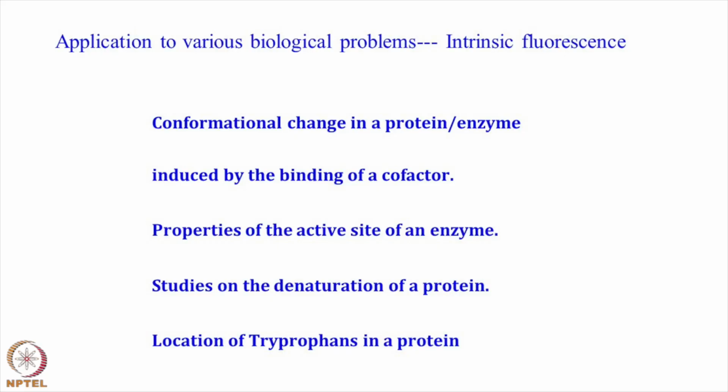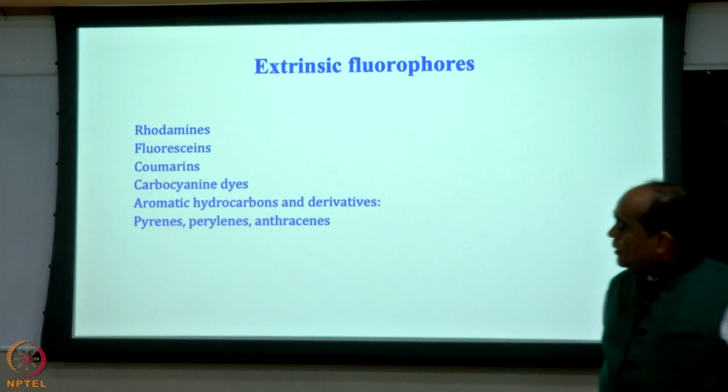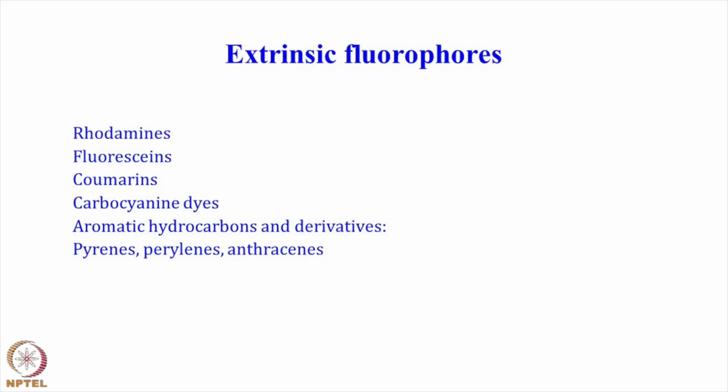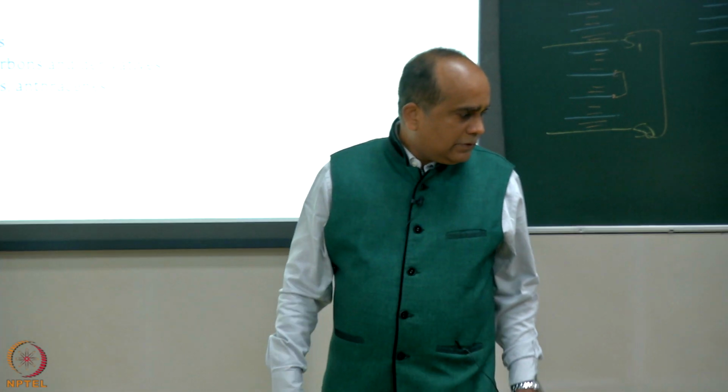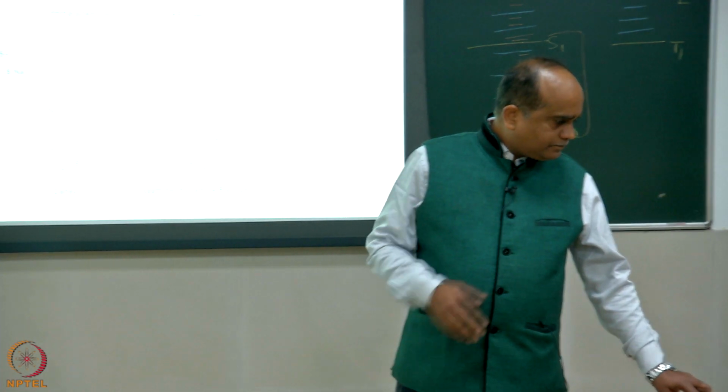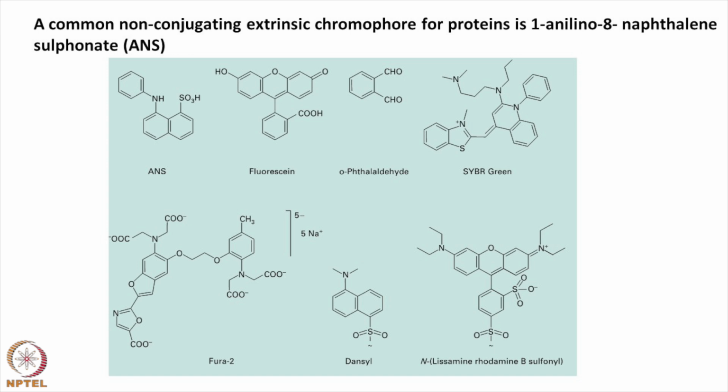So, how enzyme, because HIV protease is an enzyme, study and denaturation of protein molecule, location of a tryptophan that you can study using this. Now, extrinsic fluorophores, like many of the dyes: rhodamine, fluorescein, coumarin, carboxycyanine, and aromatic hydrocarbons and derivatives, pyrene, anthracene. All these kinds of molecules are extrinsic fluorophores that can be attached to a molecule. Another important one, extremely important, probably if you do a biophysics experiment sometime, then you will come across